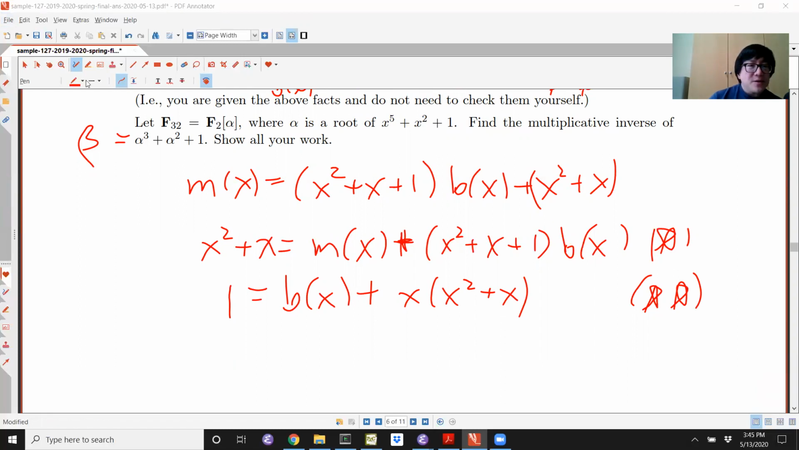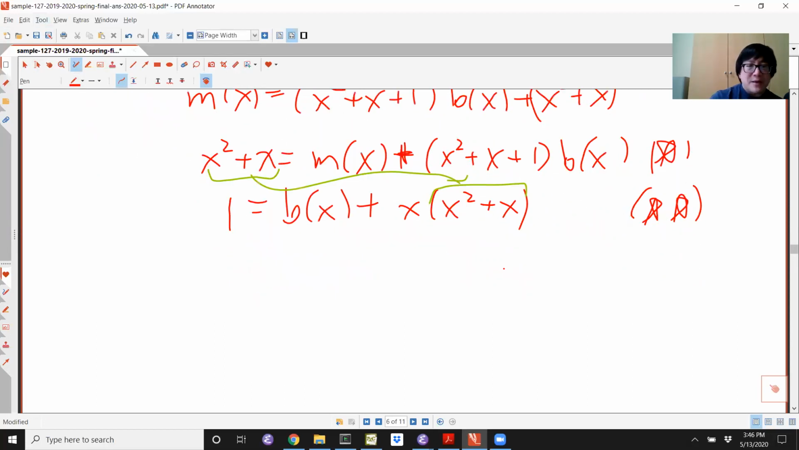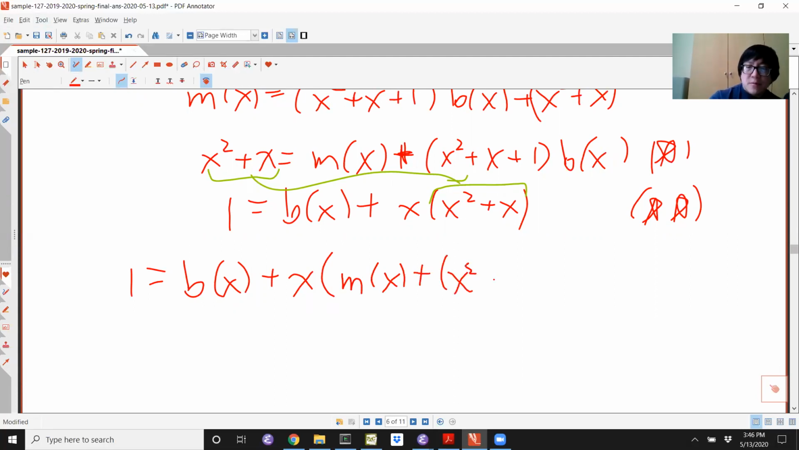Okay. I think a lot of people got this on exam 2, but if you made a mistake, the one confusion I already talked about, here's the second confusion that people make. The next step comes from a substitution: you substitute this term for this term over here, because that can be expressed in terms of b and m. We want everything in the end to be expressed in terms of b and m. So 1 is equal to b of x plus x times quantity m of x plus x squared plus x plus 1 times b of x. And if we rearrange this, we get x m of x, that term doesn't matter,